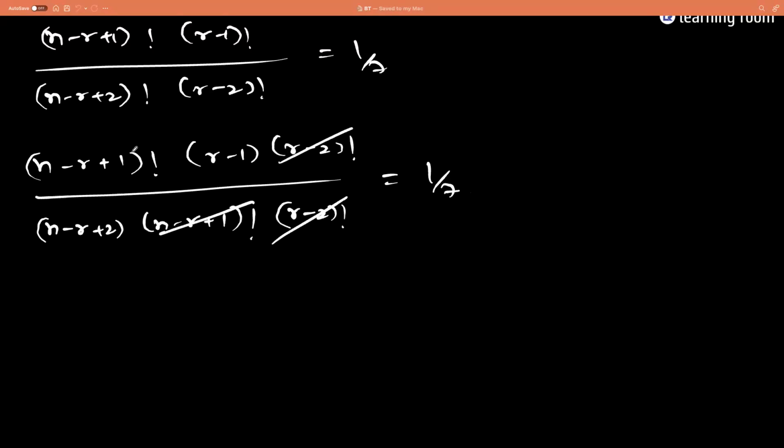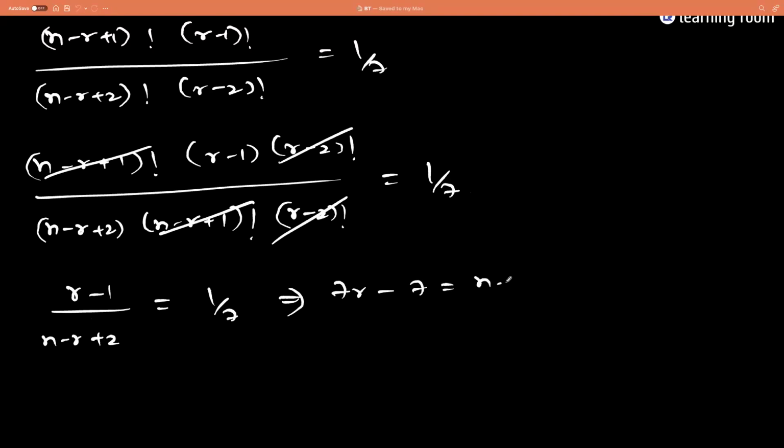(r minus 2) factorial and (r minus 2) factorial get cancelled. So you have (n minus r plus 1) and (n minus r plus 1). So (r minus 1) divided by (n minus r plus 2) is actually 1 by 7, which implies 7r minus 7 is equal to n minus r plus 2. So n minus 8r will be equal to minus 9, or I can write 8r minus n is plus 9. Let this be equation number 1. Similarly,